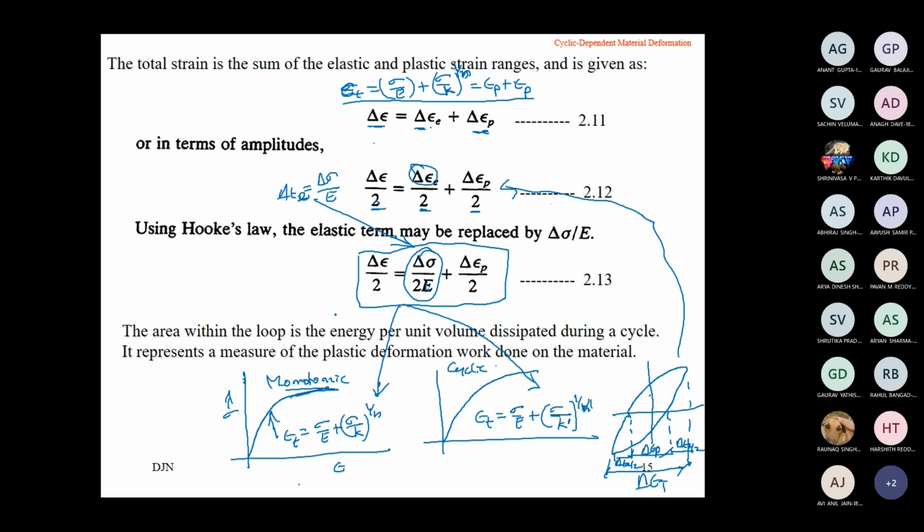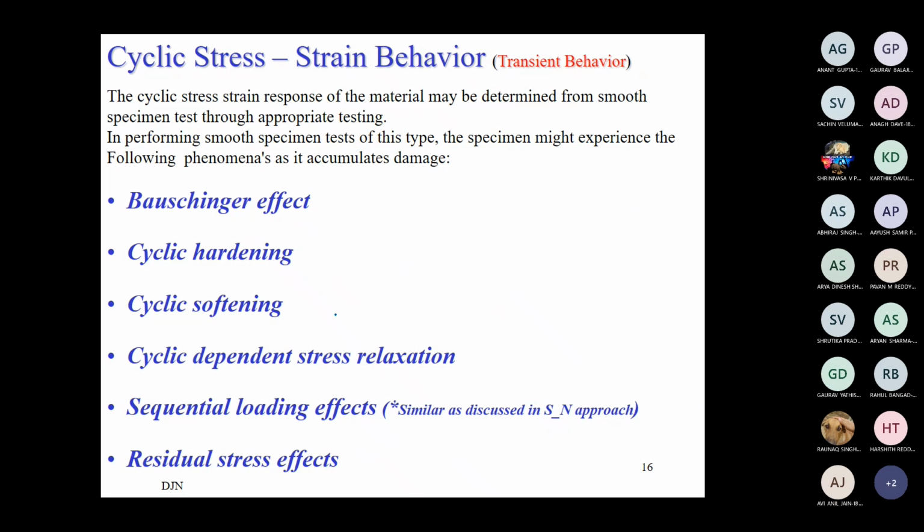Then there are few topics related to the difference between the monotonic curve and the CSSC curve, monotonic stress strain curve and cyclic stress strain curve, the simple stress strain relationship. If I draw the blue line,